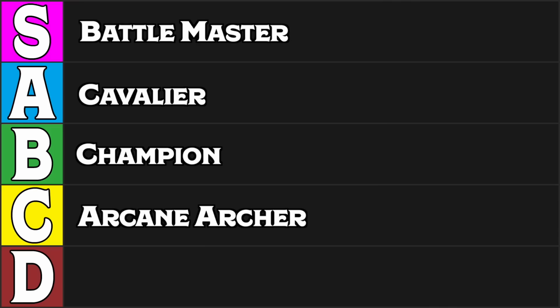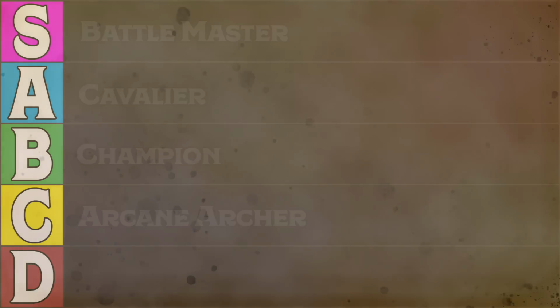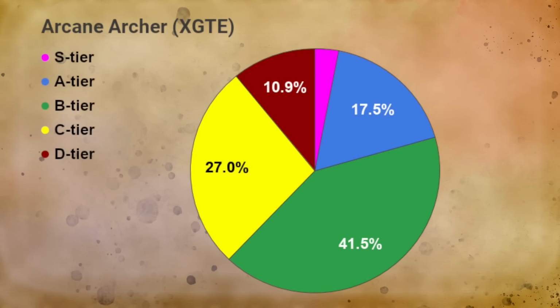We are going to be looking at the other 4 subclasses and doing an overall total comparison at the end of the next video. And right now, let's take a look at the community votes and see how they stack up against our own. The Arcane Archer had a little bit of a mixed bag, but 41.5% gave it a B tier ranking, with 17.5% giving it an A tier ranking, a small percent giving it an S, but a very